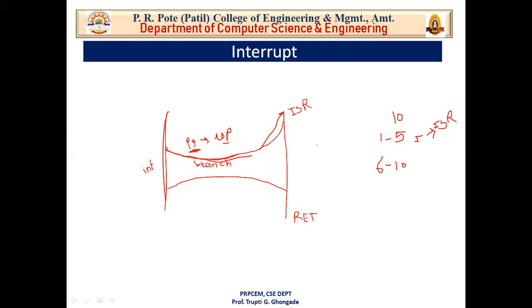The instruction which gets your processor back to the main program is called return. The name suggests it: return to your main program. So this is how you return to the next instruction or main program. The interrupt gets you to the ISR, that is the interrupt service routine, and return gets you back to the main program. Now let's take a real world example of how an interrupt works.